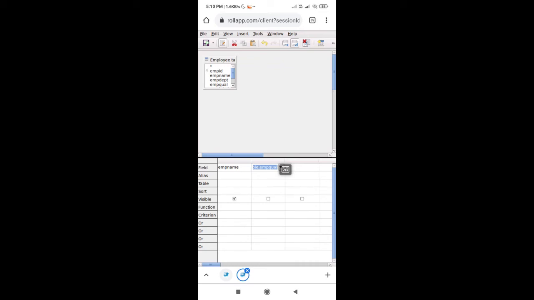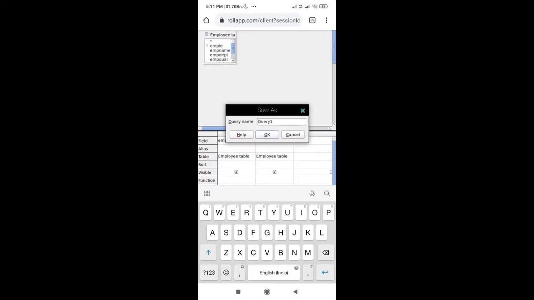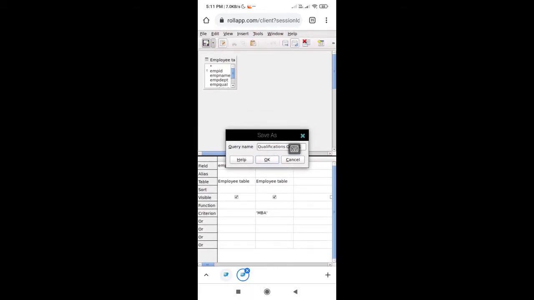Now in the criteria write MBA because we wanted to create a query based on MBA qualification, and click on the run database option at the top. As you can see, I have done a marking over there. Click on that. Before that, just click on the save button and save the query for safer side, and then click on OK. Just click on the run query option, and you can see there are 3 employees having MBA